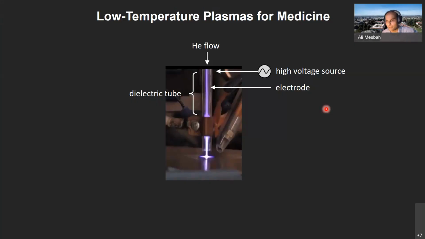Okay, so let's see how this works in practice. In my lab, we are heavily engaged in developing prediction models and designing advanced controllers for low pressure plasmas for plasma medicine, for biomedical applications. What you see here is an atmospheric pressure plasma jet that we have in the lab. Essentially you have a dielectric tube, you pass some inert gas such as helium or argon, you apply an electric field, and what you get as a result is a very highly reactive medium.